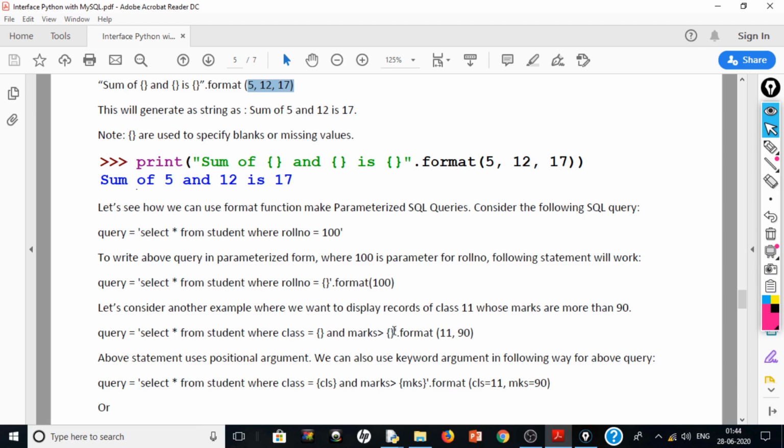This is called a positional argument because the position of the argument is important. On the first blank place it will use the first parameter, on the second blank place it will use the second parameter.